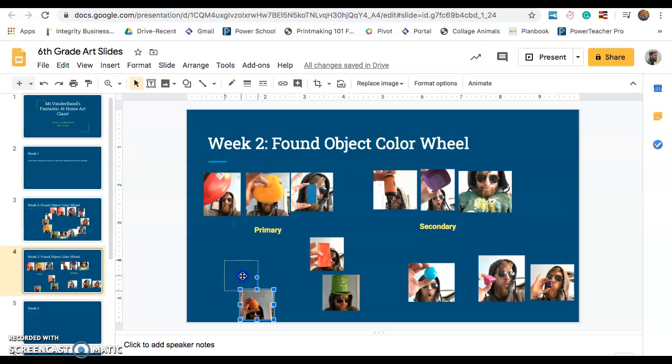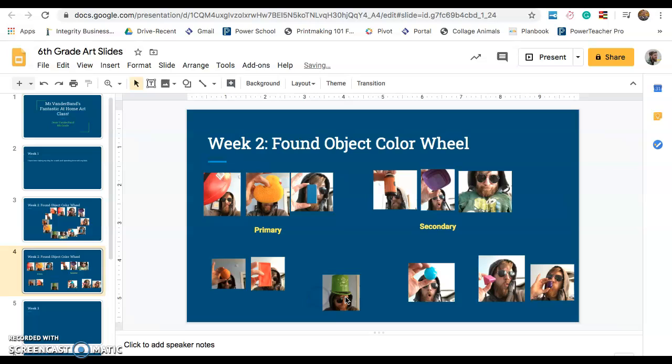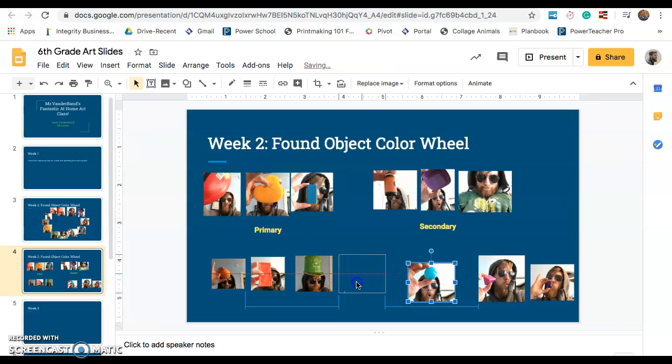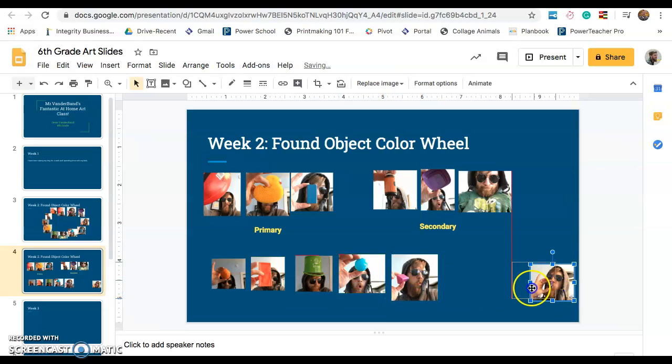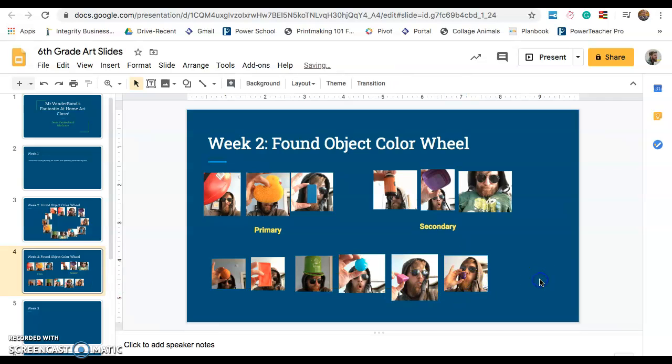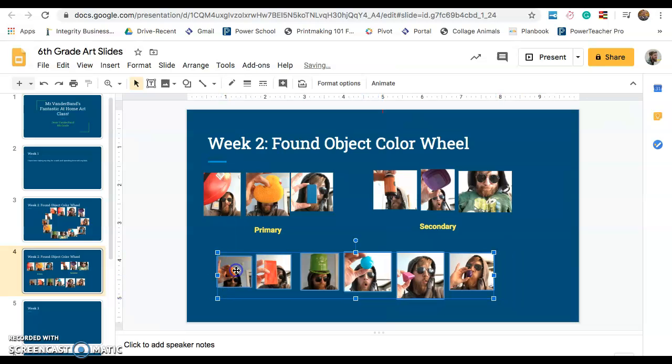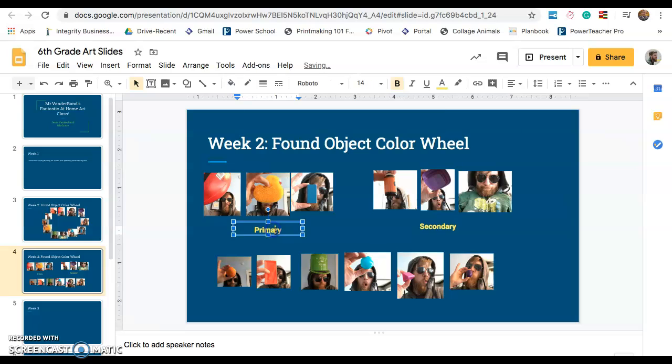So we can take these, and I can take my yellow-orange, my red-orange, I can take my yellow-green. This one was my blue-green. I have red-violet and blue-violet. I'm going to take all those. I think I'm going to make these look nice. I'm going to center them up. Yeah, right about there. Now I can again take my text box, copy, paste,